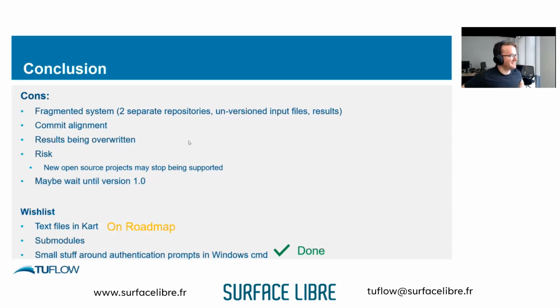Apart from the results being overwritten, because you've talked about that, I'd say the first thing that comes to mind is that Git is maybe a learning curve. Just because I know when I first got into it in the software development world, and we also now use it for a bunch of TUFLOW documentation, you can really mess up a repo. Well, seemingly it's almost always recoverable, so I wouldn't worry about it too much. But you end up doing something silly, and you're trying to fix it, and you're just Googling random Git commands and chucking them in and hoping things get fixed, which is risky.